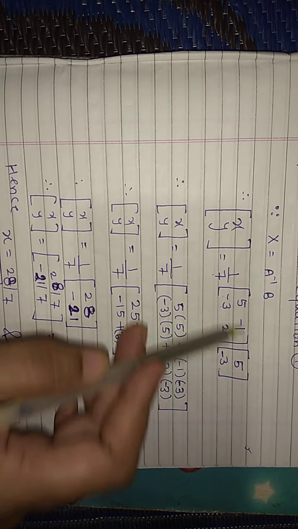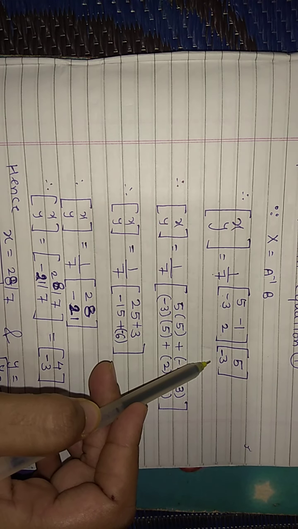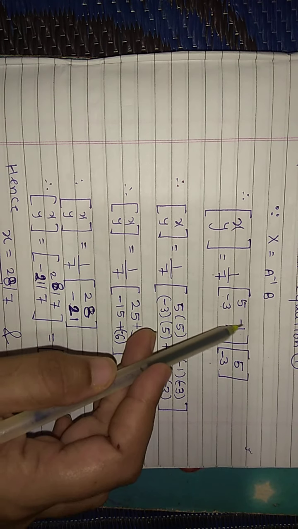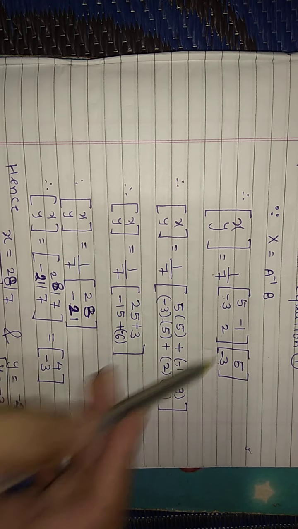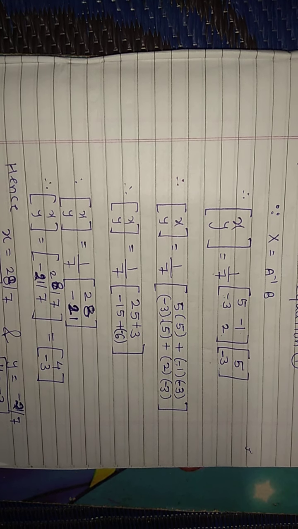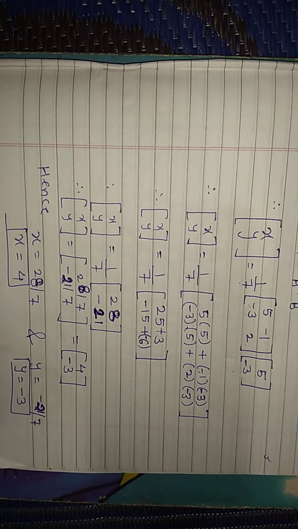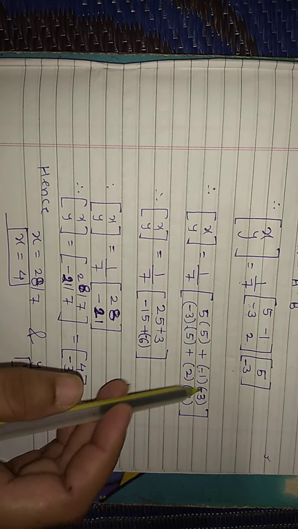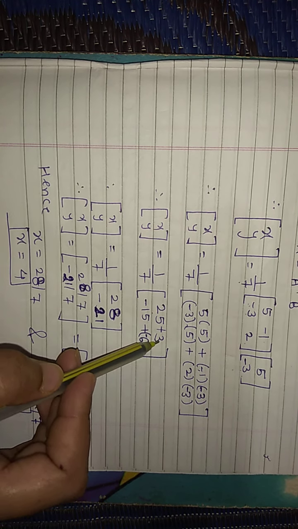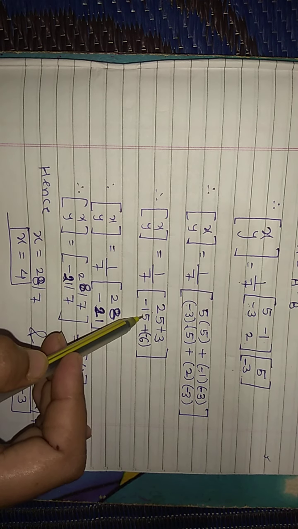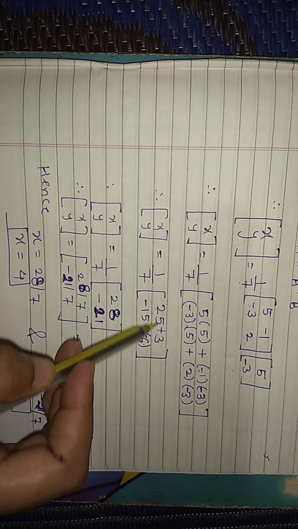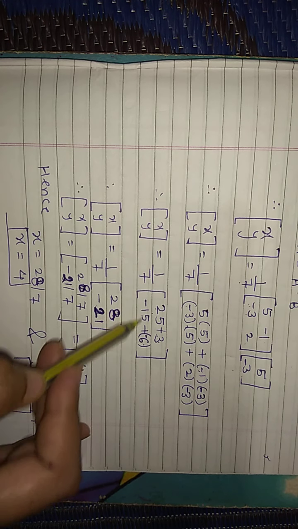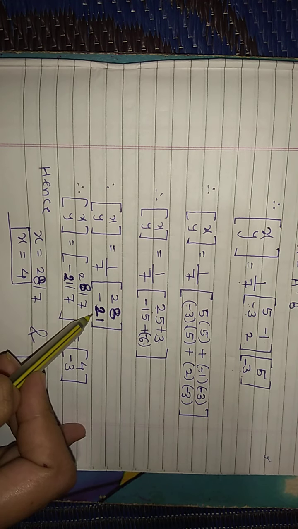5, minus 3. Again, first row we multiply with the first column. 5 into 5. Minus 1 into minus 3. Minus 3 into 5. 2 into minus 3. 5 into 5, 25. Minus 1 minus 3, 3. Minus 3, 5 minus 15. 2, 3 are 6 minus 6. 25 plus 3, 28. Minus 15 minus 6, minus 21.